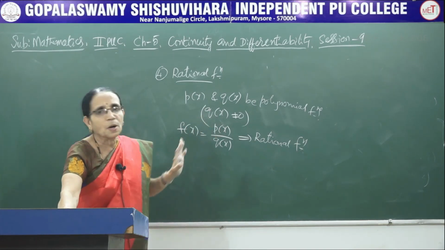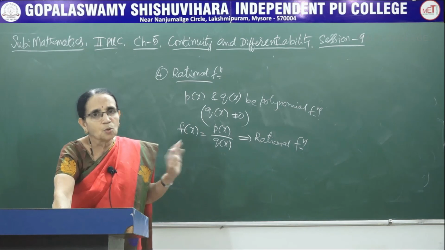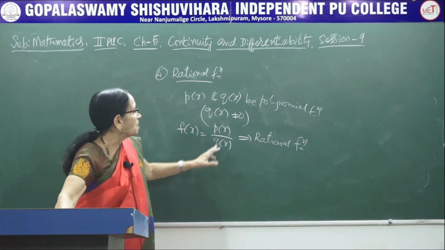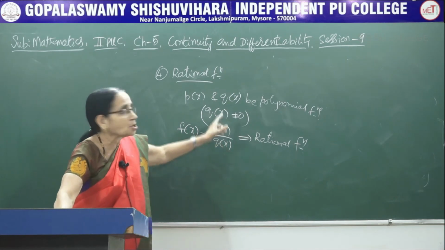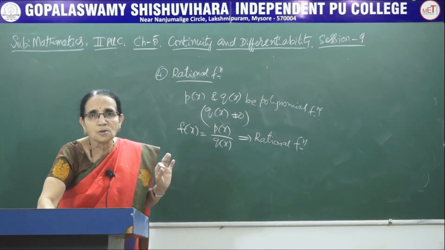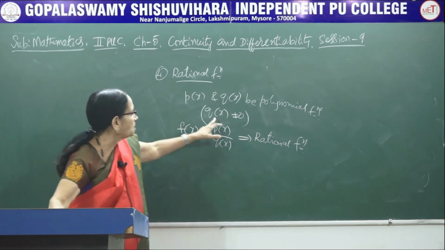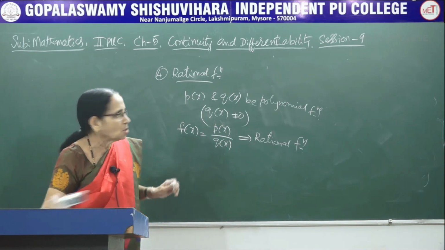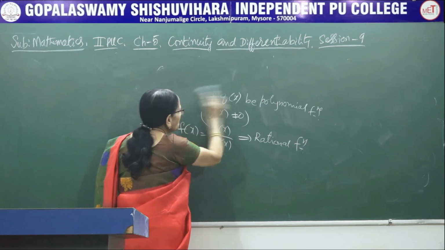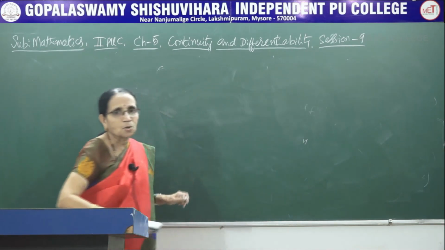p(x) and q(x) are polynomial functions. Therefore, they are continuous functions. It is a standard result, wherever you want you can use it. And then by the fourth part of the theorem, p(x) by q(x), that is the quotient of these two functions, is also continuous. Therefore, we can say a rational function where the denominator does not take the value 0 will be a continuous function.